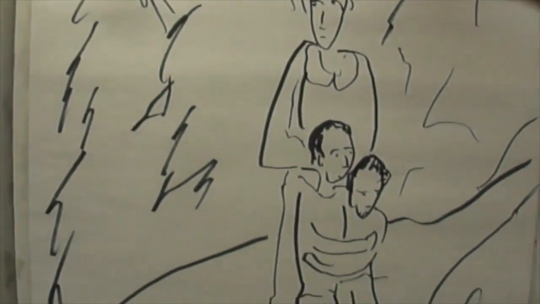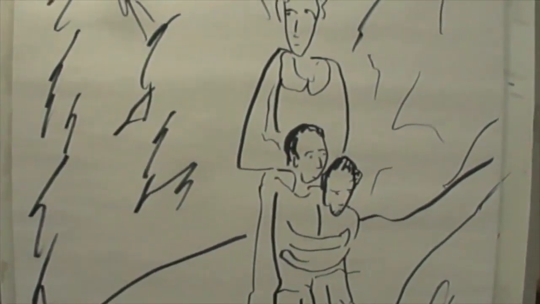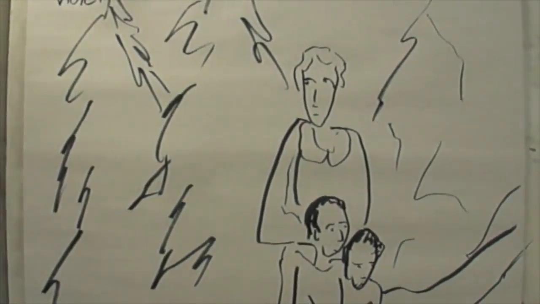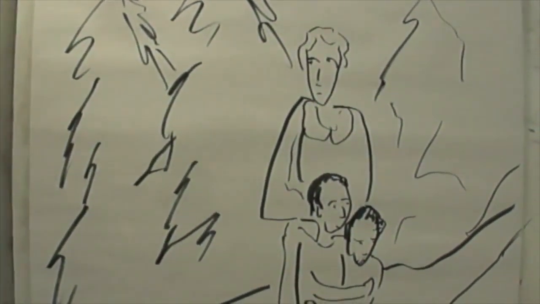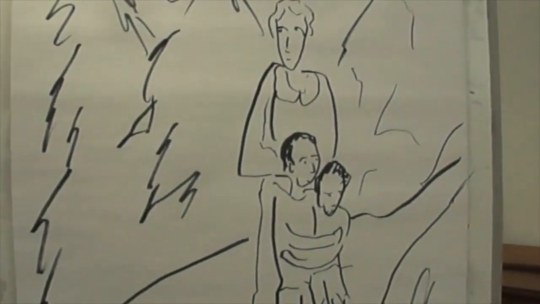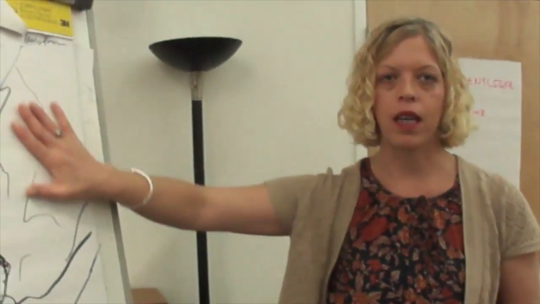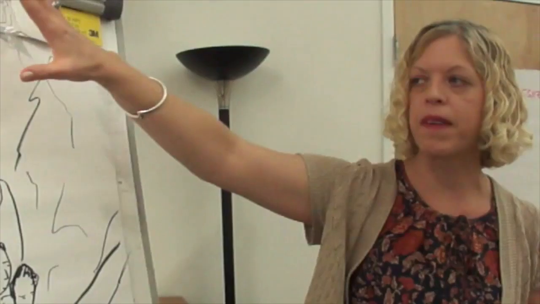So now when the students get their sketch, you want to encourage them to think about the different elements. What is the fabric like of the clothing? What is their hair like? What is the lighting like? What colors are most important to use? I think for this one I would want to use dark colors to make shadows, perhaps a shaft of light coming down, so there might be a little bit of illumination. And you can talk about all of that with the students, how to use the materials